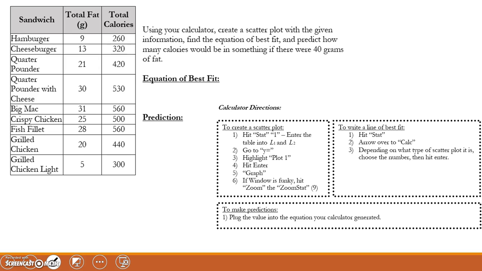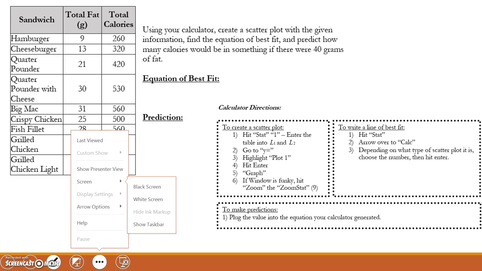So we're going to do an example, and we mostly are going to use our calculator and use the calculator directions in the dotted box. So using your calculator, create a scatter plot, find the equation of best fit, and make a prediction. To create a scatter plot is in that first dotted box. So you take your calculator